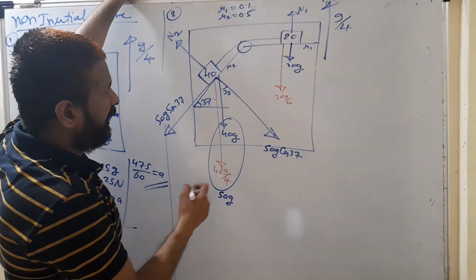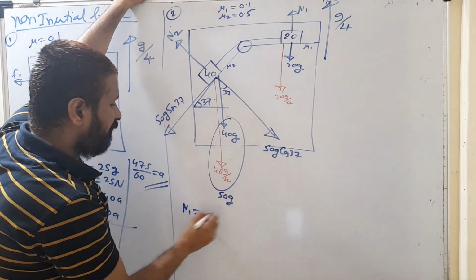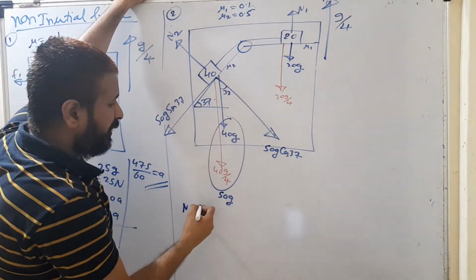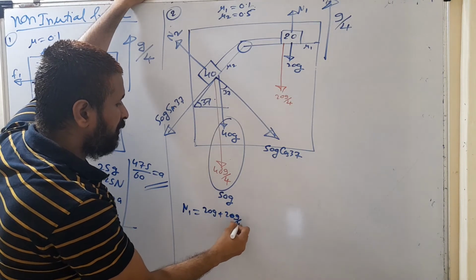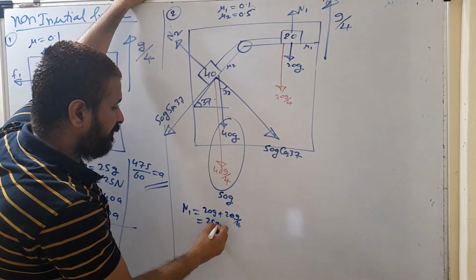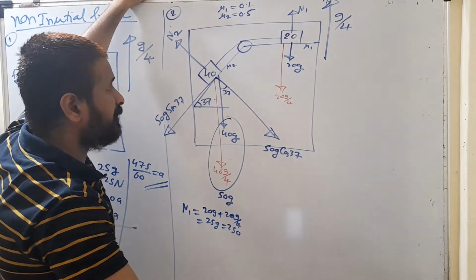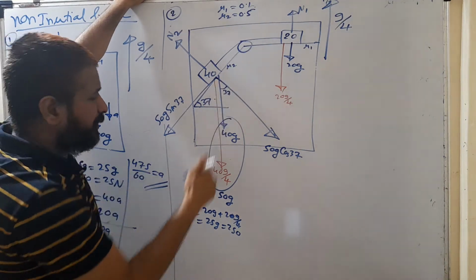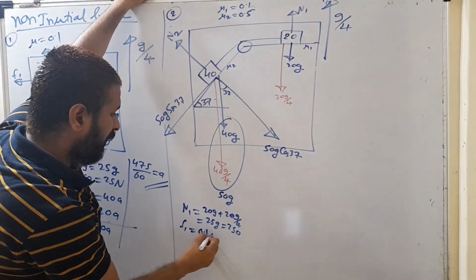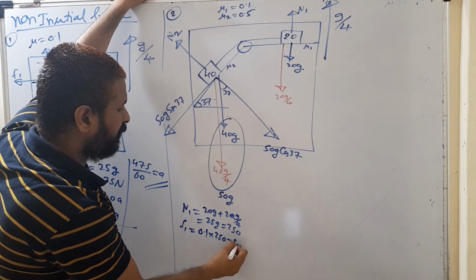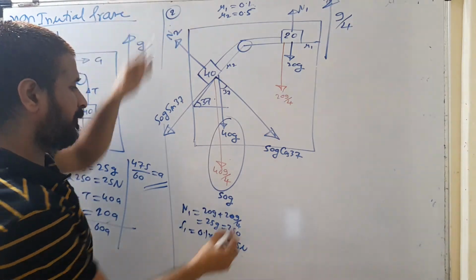So we are going to find N1 and N2 so that we can get the friction. So पहले N1 निकालो. N1 is what? Just 20g plus 20g by 4. So this is 25g, which is 250. So N1 is 250, the first normal reaction force. We can get the frictional force there, F1. F1 is what? Mu 1, 0.1 into 250. So we are going to get 25 Newton. So 25 Newton is the frictional force acting on that block.